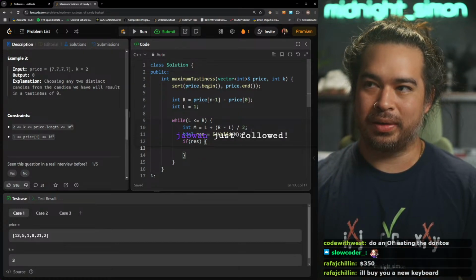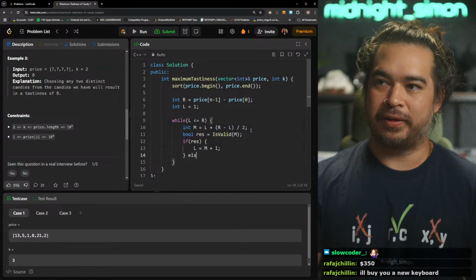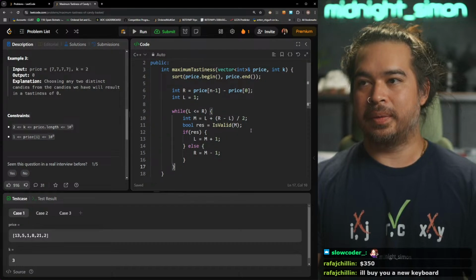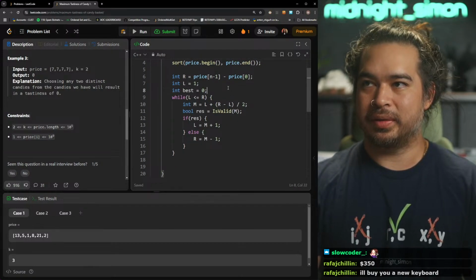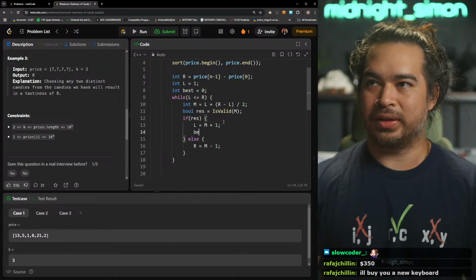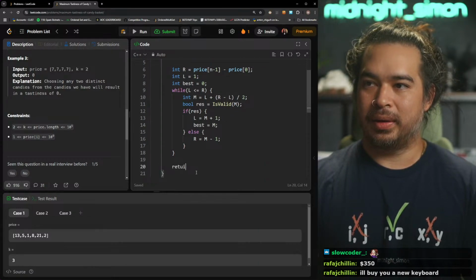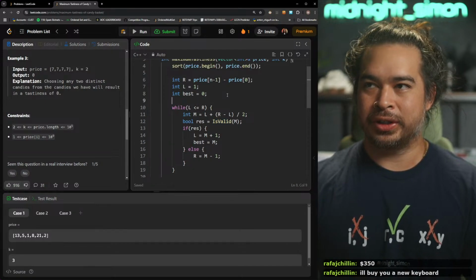So that means we bring left up. And then if it's not valid, we have to try a smaller number. And then we also have to remember the best. So if it's valid, then this is a good answer, so we should remember it. And now we can just return the best, but now we have to create this isValid function.